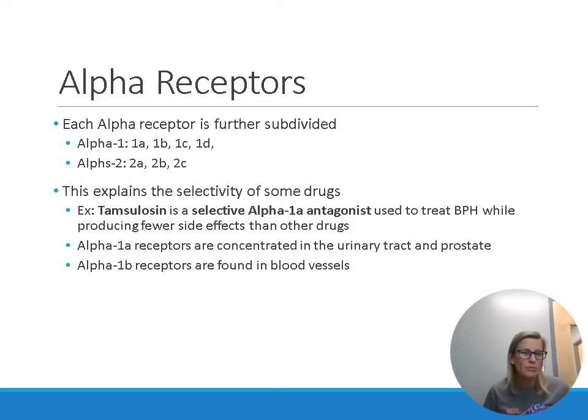For example, tamsulosin is a selective alpha-1A antagonist. We use it to treat BPH, and it produces fewer adverse effects than if it was a